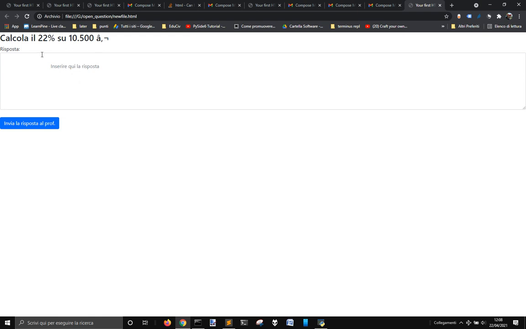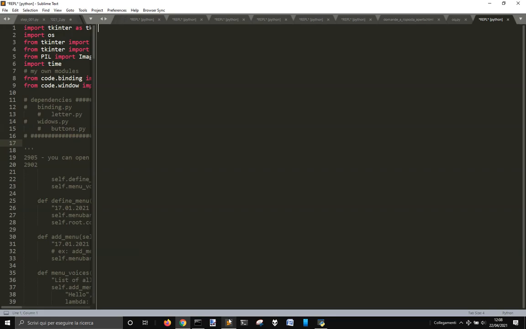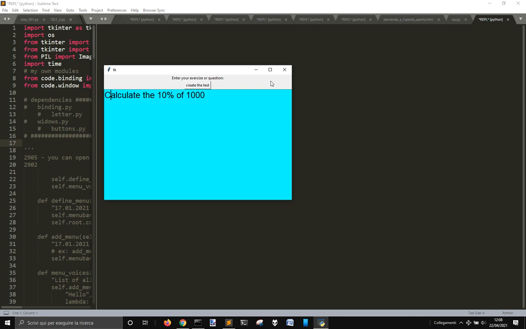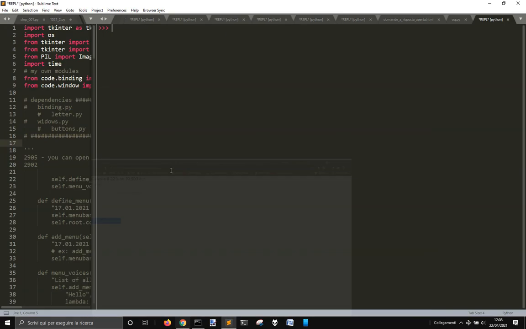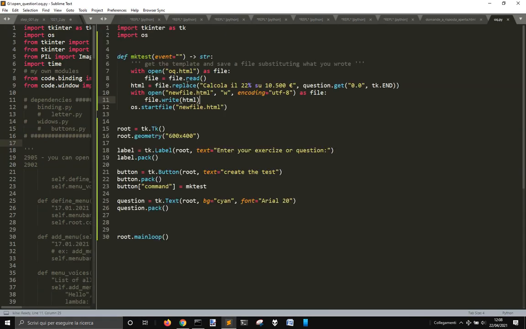But there hasn't been any change because it's still in Italian there. So I get to open this one in reading mode, encoding equal UTF-8 file, but I don't see why HTML equal file replace question get. Okay,